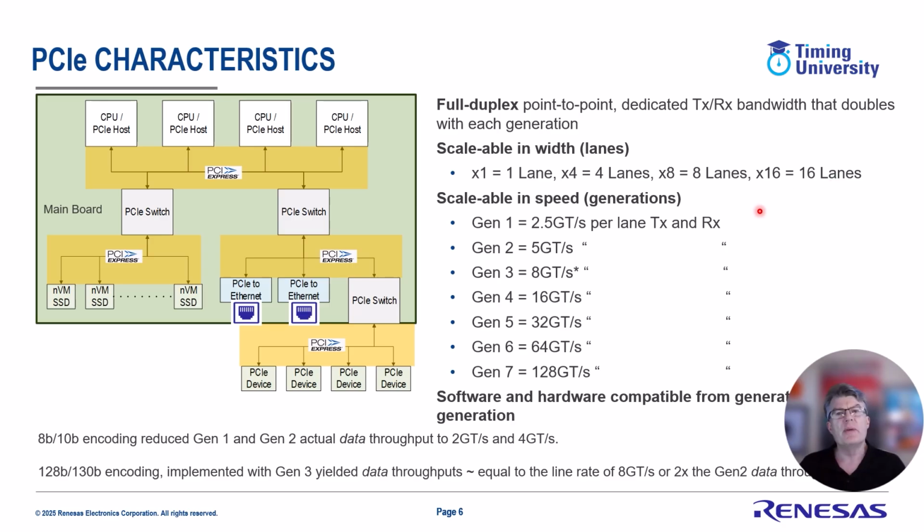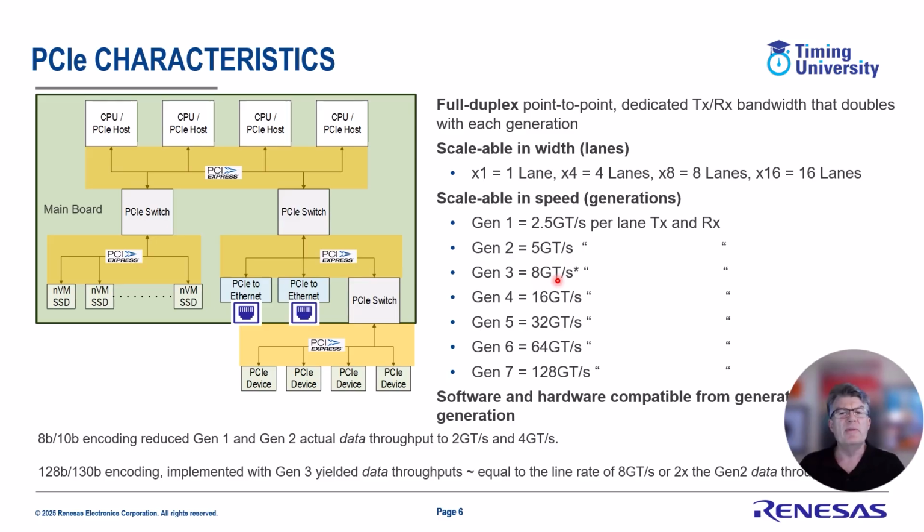Scalable via generations. Gen 1 and Gen 2 used 8B/10B encoding, which means that for every 10 bits sent, only 8 bits were the actual data. So the 2.5 gigabit transfer rate was really 2 gigabits of usable data, or 2 gigabit transfers of usable data. So the 5 gig was actually only 4 gig of usable data. So 2 to 4, and then when we got to Gen 3, the